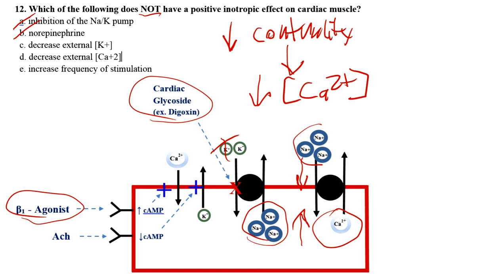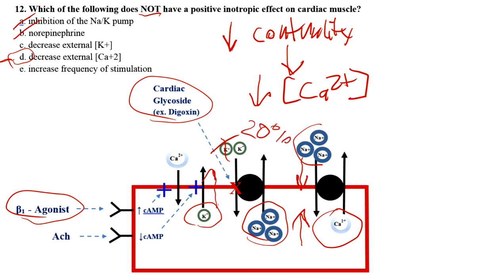Now, if this answer wasn't the correct answer, this would be the best answer to go with, because you could make the argument that having decreased potassium outside would cause a hyperpolarization of the cell membrane. I don't think that it's going to get that deep on this test. This is not a cell physio test. It's a cardiovascular test. So you could make that argument, but this is a much better answer because